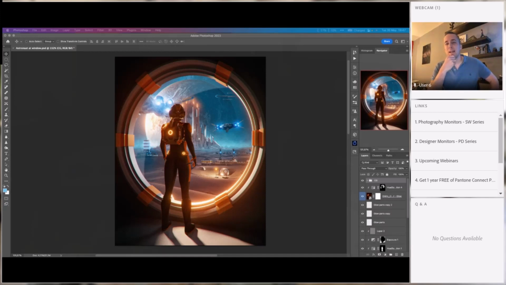And then you send it to a client. And for example, this should be a movie poster or, I don't know, a commercial for something or a book cover or whatever. And the client says, okay, that's cool, it's perfect. But I want this astronaut to look at the other side maybe. And also I want this spaceship to be a little bit lower down and maybe a few changes. If you don't know how to do it in Photoshop,